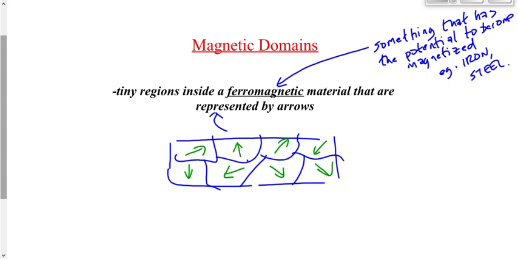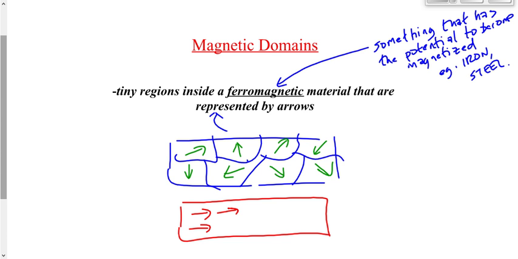Well, one way is to wrap a wire around it. If I wrap a wire around it and apply an electric current through that wire, then I magnetize this piece of steel or iron. There's a magnetic field produced by the electric current in the wire, which magnetizes this piece of steel or iron. We'll focus on that later on in the unit. Today, I want to focus on this one. If I bring another material nearby, close by, maybe I rub it right up against it, another material that has the domains already aligned,